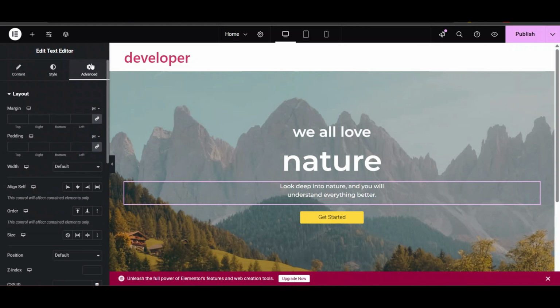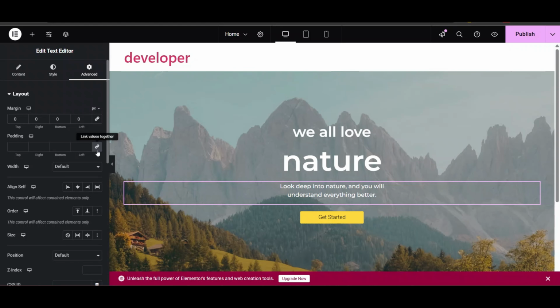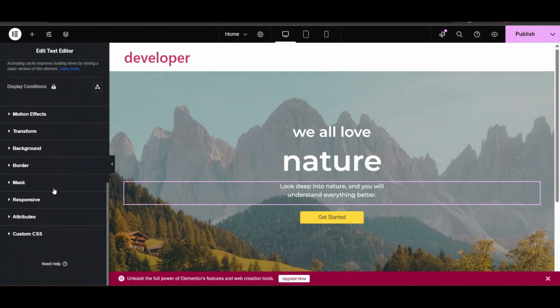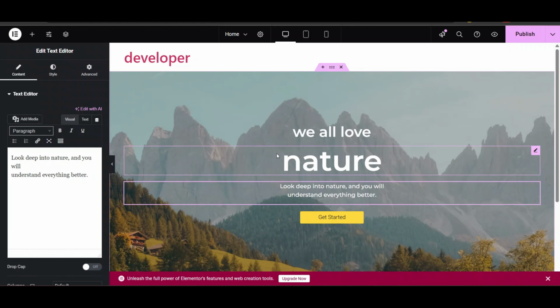And then there is the advanced section. What does the advanced section do? It is used for spacing and margin as of now. We won't go into much depth. Like you can add margin from top and bottom from here, and you can add padding from here. As of now, we will know the basics. We will go into these details later. Okay, so therefore we can style our section in Elementor, and we will see further detail in the next video.